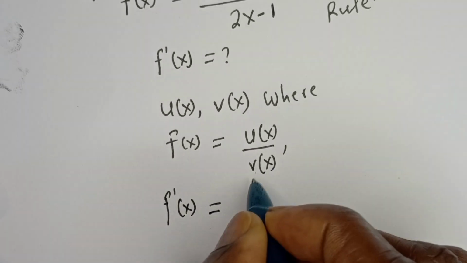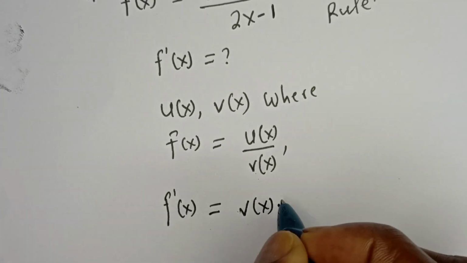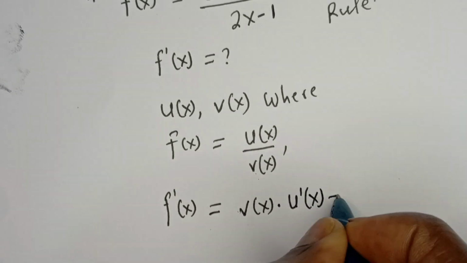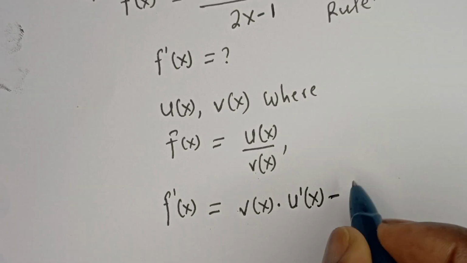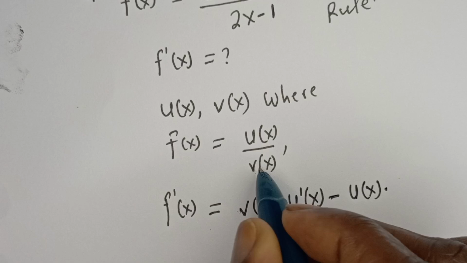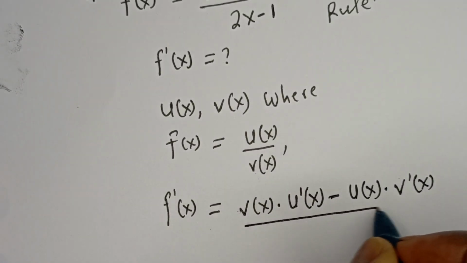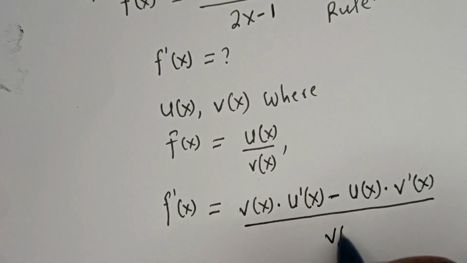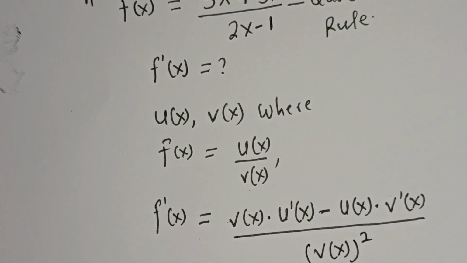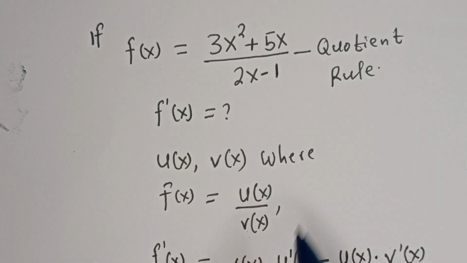is equal to v of x multiplied by the u prime of x, minus u of x multiplied by the v prime of x, divided by v of x, all squared. And in this equation now, we have 3x squared plus 5x divided by 2x minus 1 in this